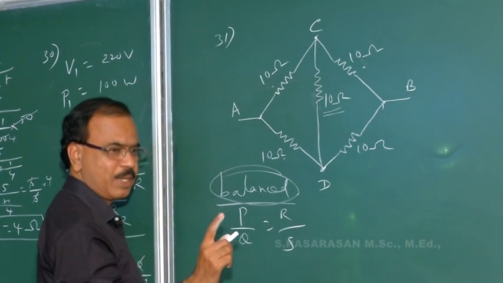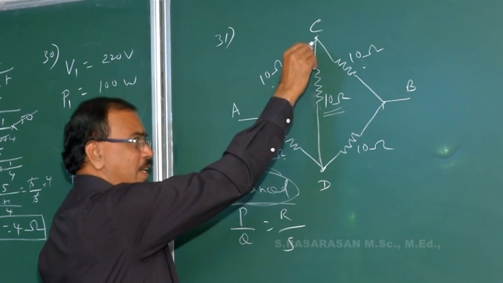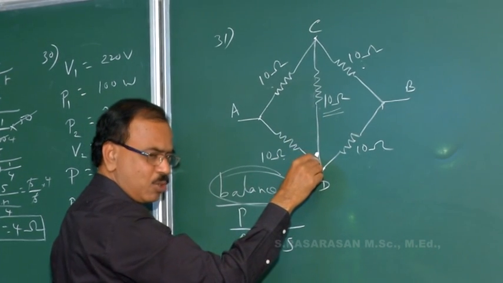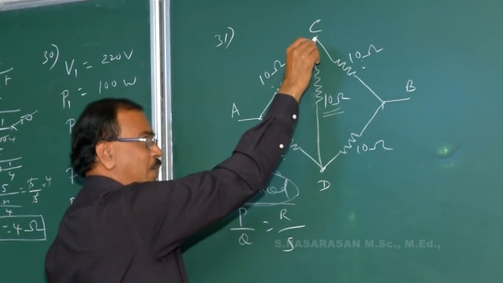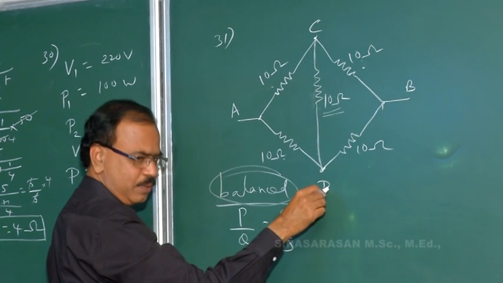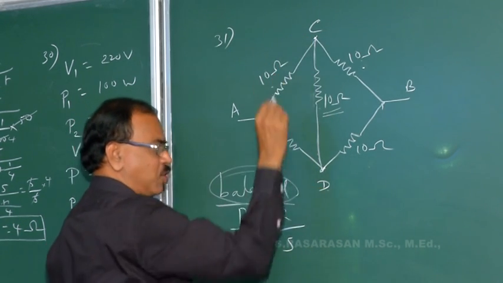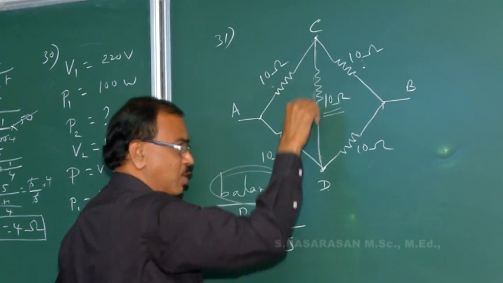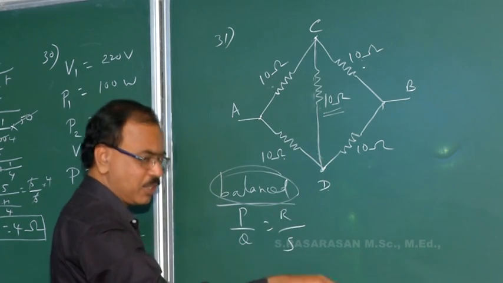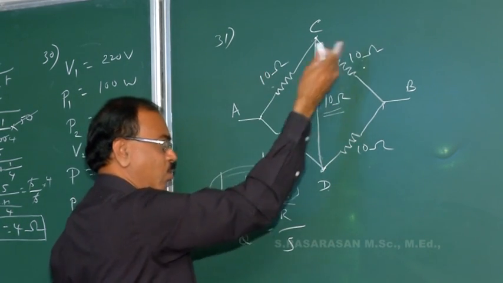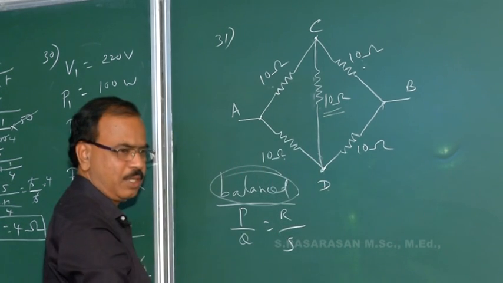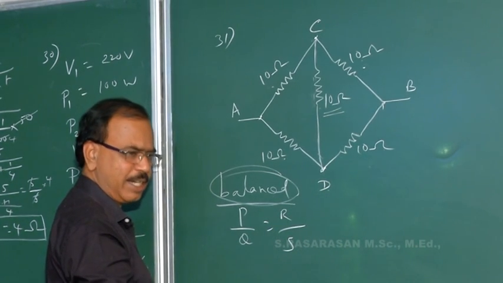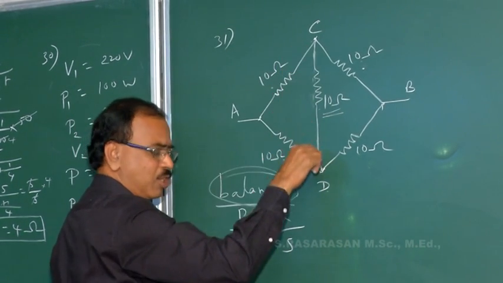We are familiar. In Wheatstone's bridge, when the galvanometer shows zero deflection, meaning no current passes through the galvanometer, when the potential difference between C and D is 0, or say potential at C is equal to potential at D, then no current flows through this path, and the bridge is said to be balanced, that is P by Q is equal to R by S. Since the bridge is balanced, 10 by 10 equals 10 by 10, that is 1 is equal to 1, no current passes through the galvanometer.